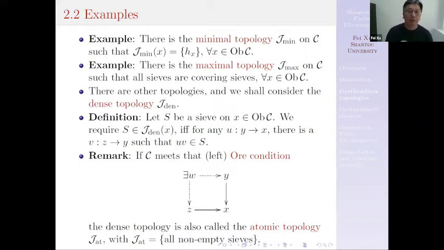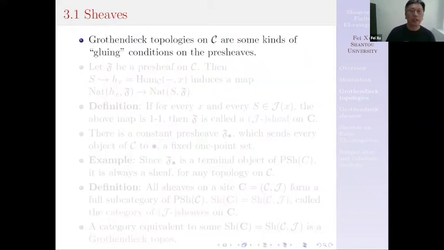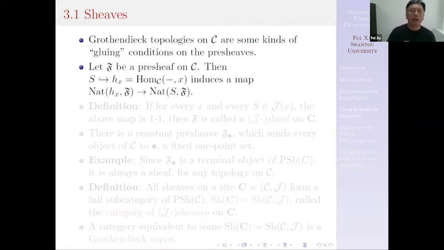So these are Grothendieck topologies. And now we want to consider sheaves. So Grothendieck topologies are some kind of gluing condition on the presheaves. And now I'm going to give the probably most concise definition of the sheaf. So basically, if you take a presheaf on C, and you take a sieve on